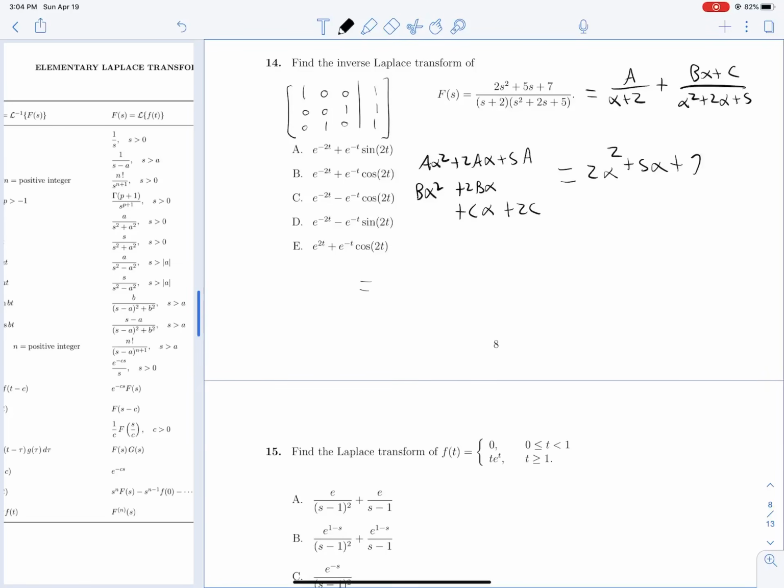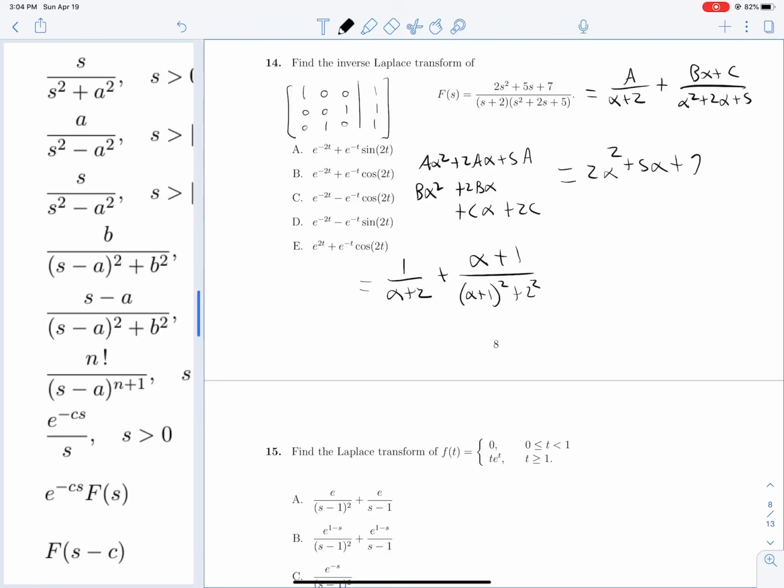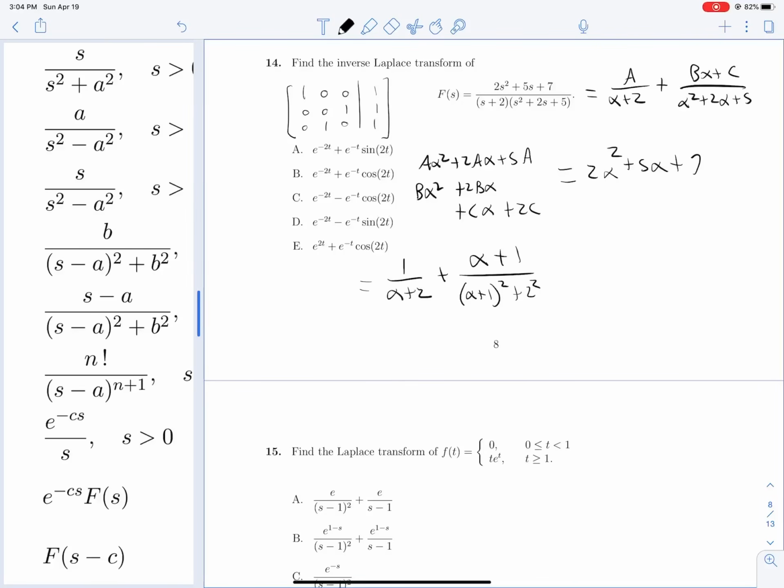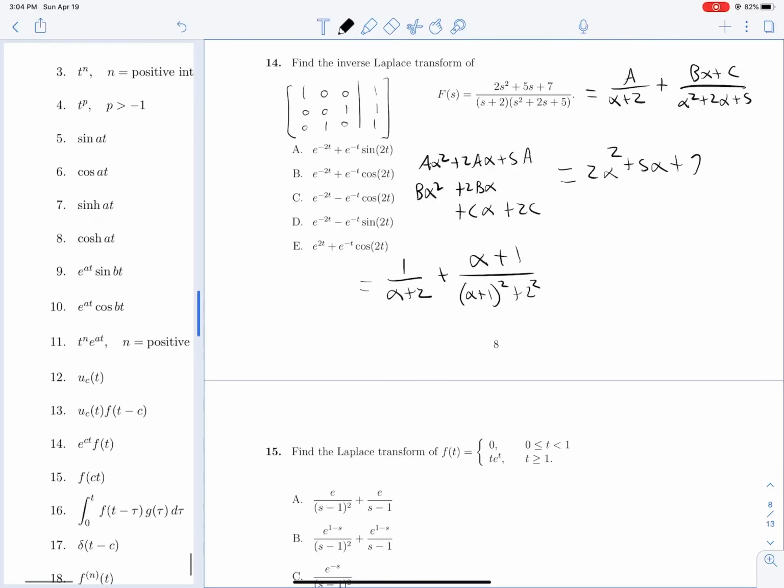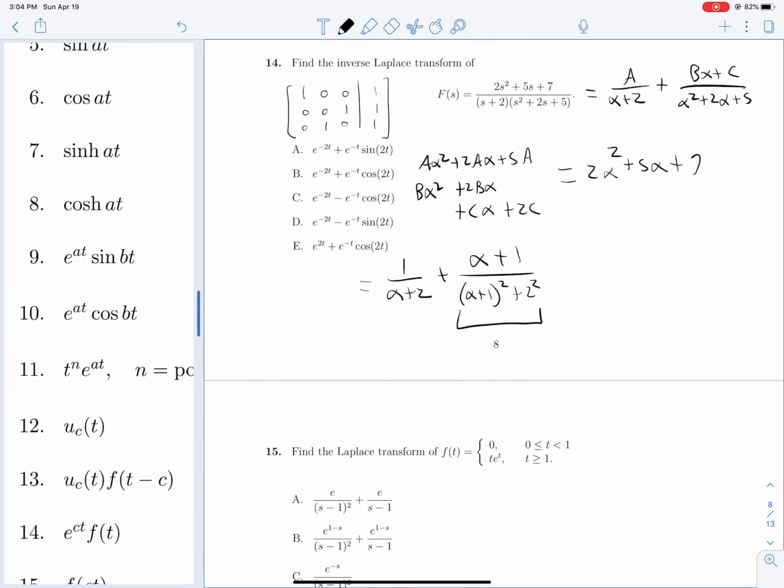So we have 1 over alpha plus 2 plus (alpha plus 1) over alpha squared plus 2 alpha plus 5, but that's one of our kind of magical ones because we can replace that with alpha plus 1 squared plus 2 squared. And we'll see that the inverse Laplace transform of (alpha minus a) over (alpha minus a squared plus b squared), where in our case a is negative 1, so alpha minus negative 1 squared plus 2 squared, and b is 2,